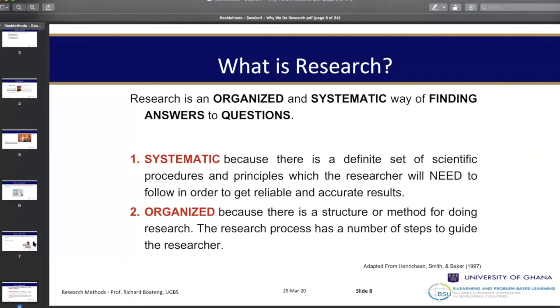So that when you do research in that discipline, we check whether that scientific community can assess, have you adhered to all the principles? Have you adhered to every single thing that we expect you to do so that we can accept that what you have done is research within the discipline that you belong to?